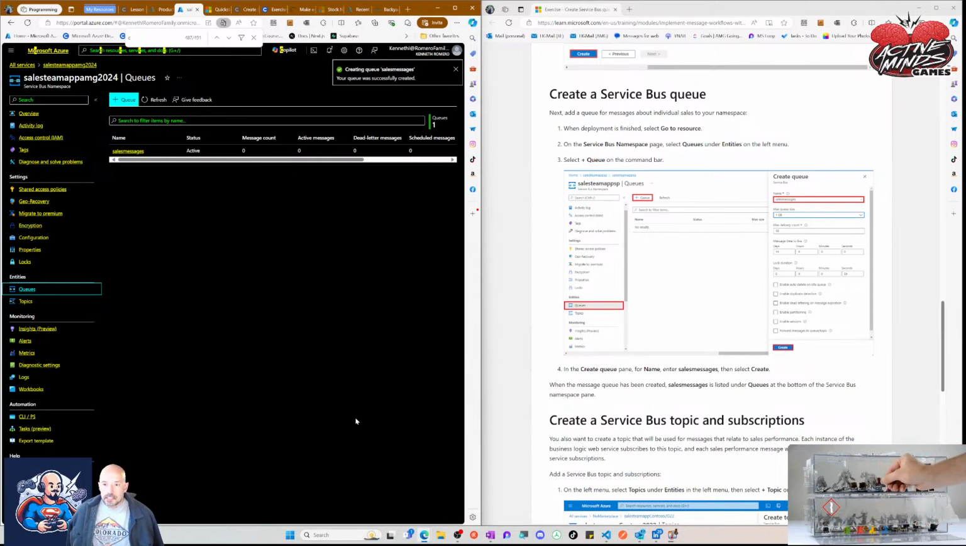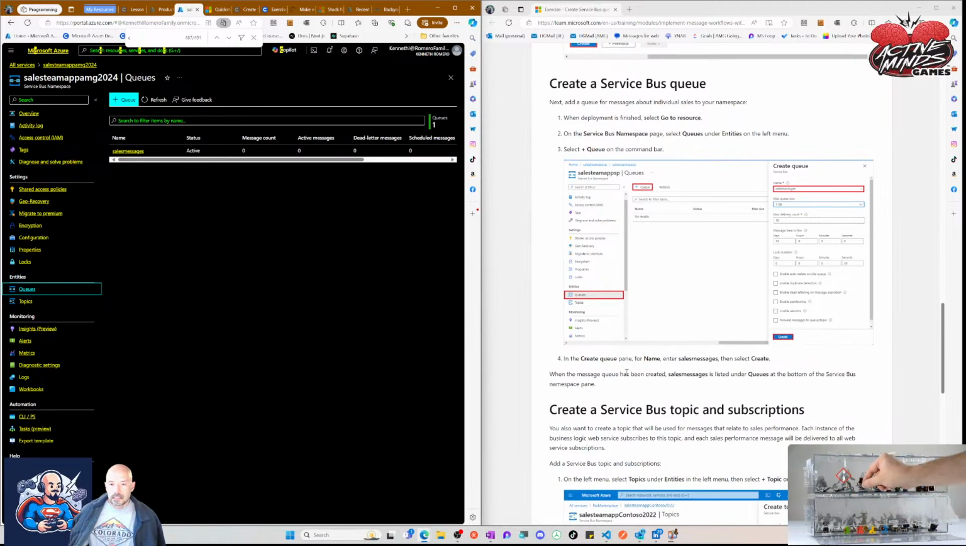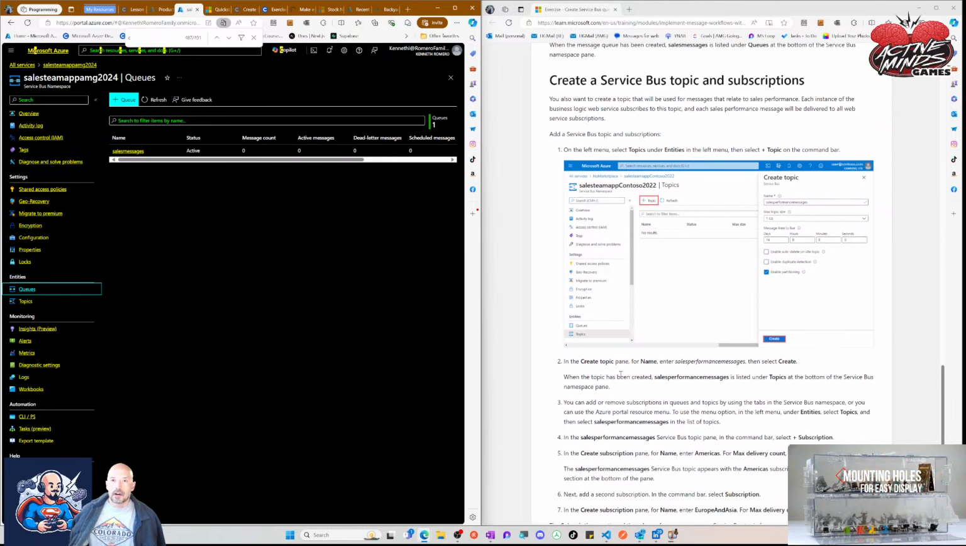When the Sales Messages queue has been created, Sales Messages is listed under Queues at the bottom of the Service Bus namespace. Yes, it is. All right, so you also want to create a topic that will be used for messages that relate to sales performance. Each instance of the Business Logic web service subscribes to this topic,